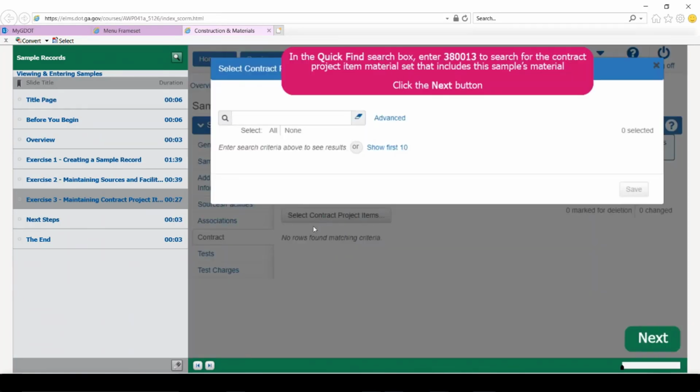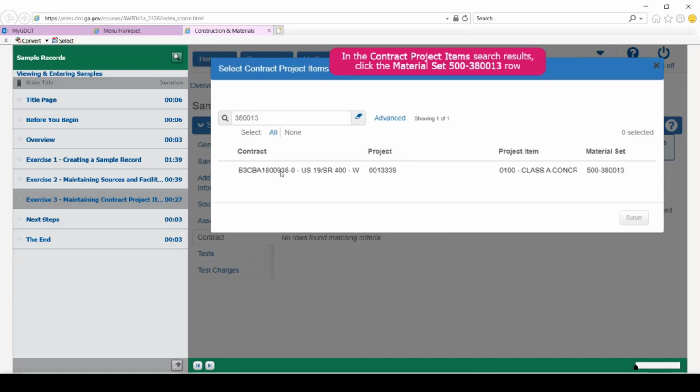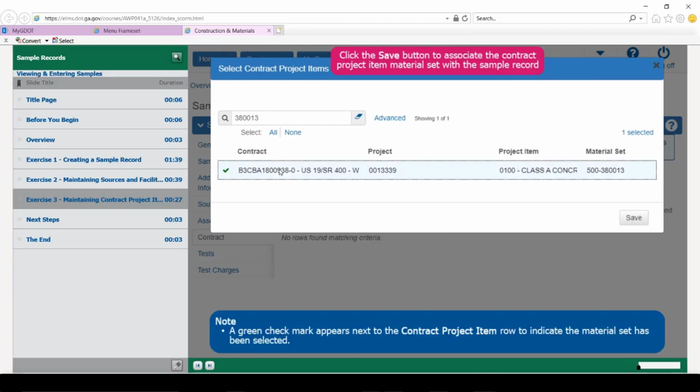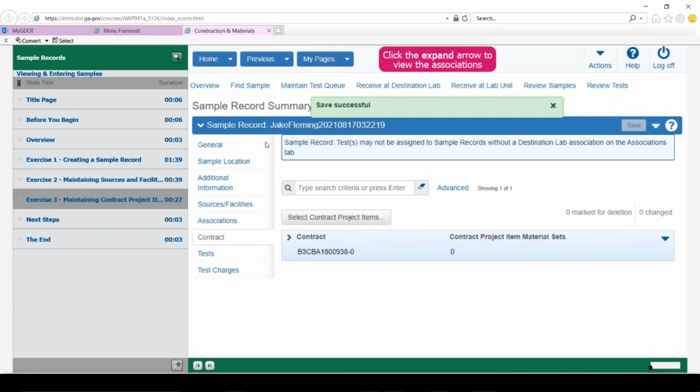We can do a search, for example, by entering the number there, and we can select a specific row. When you do, a green check mark indicates that it is selected, and you can save this contract project material item and set it up with this sample record summary. Notice that it automatically saved when you went through this procedure instead of you having to click the Save button.